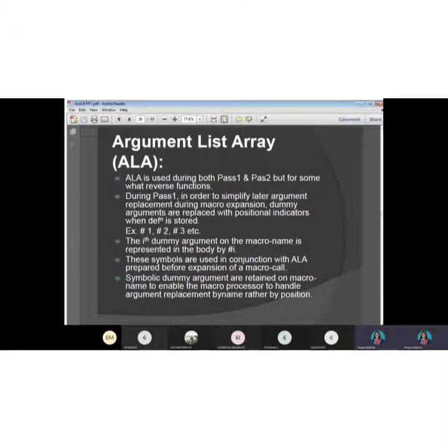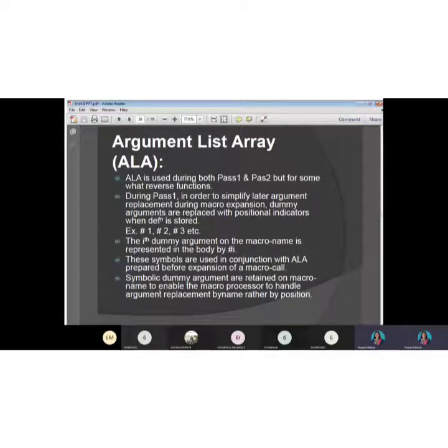These hash numbers, or the index values, are used during the macro call to map exactly the argument sequence defined in the actual and the dummy argument.